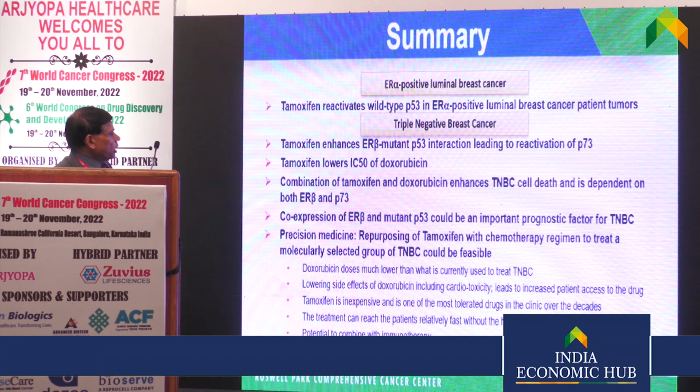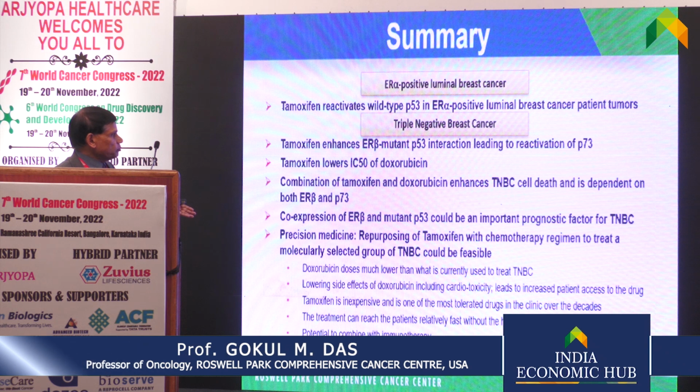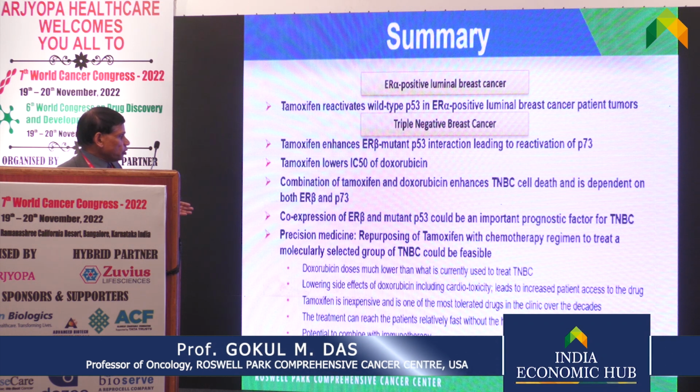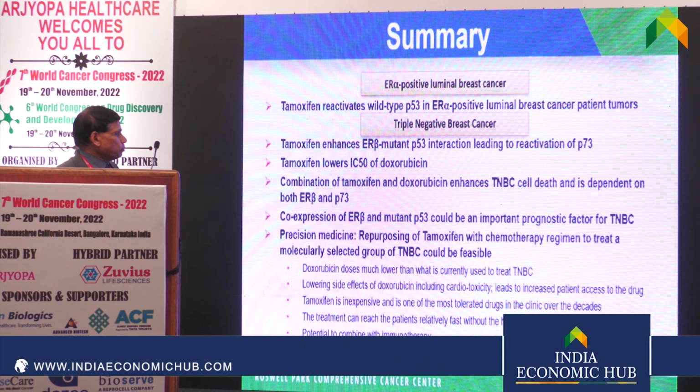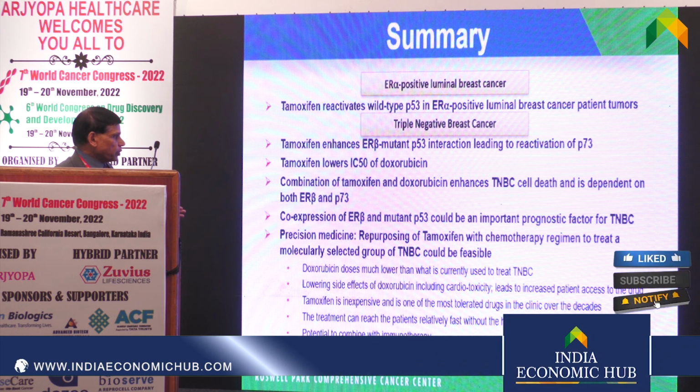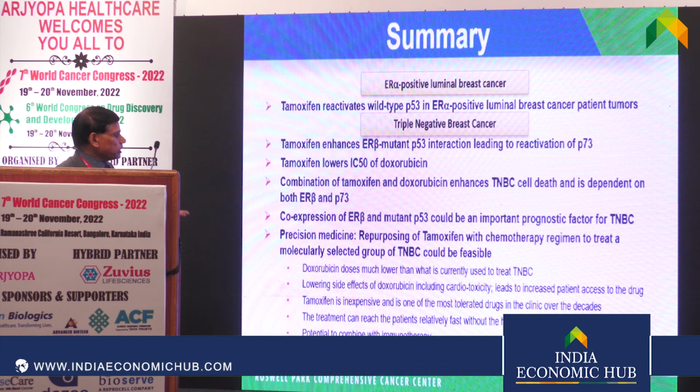So, conclusion: especially for triple-negative breast cancer, tamoxifen enhances estrogen receptor beta and mutant P53 interaction, leading to the reactivation of P73. Tamoxifen lowers the IC50 of doxorubicin. The combination of tamoxifen and doxorubicin enhances cell death dependent on both estrogen receptor beta and P73. Co-expression of estrogen receptor beta and mutant P53 should be an important prognostic factor for TNBC. Precision medicine, in terms of repurposing tamoxifen with the chemotherapy regimen to treat a molecularly selected group of TNBC,